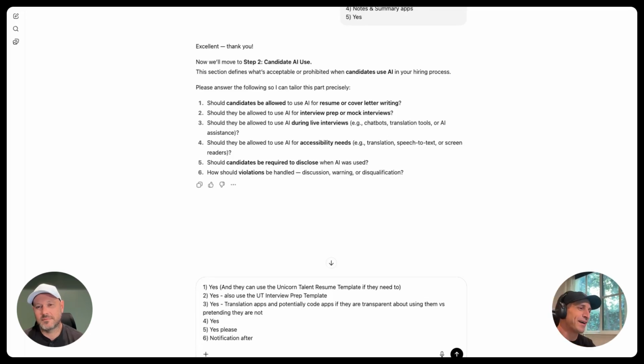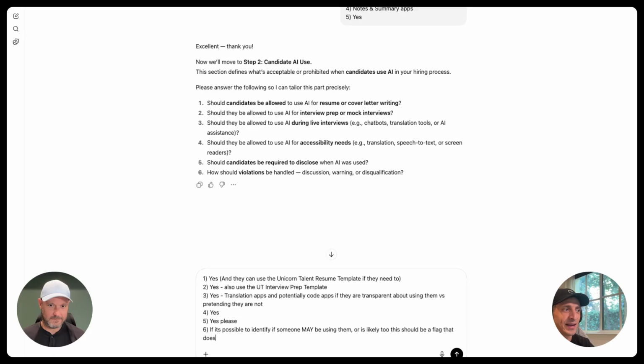If I suspected them, I would like to understand the risk. How do I identify if someone may be using them or is likely to? This should be a flag that does not impact future interview steps without human review.